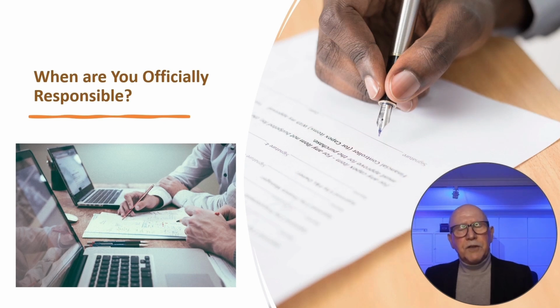So at this point now, I really want to take some time just to highlight when you are officially responsible. Now that I've introduced you to the RIBA work stages 0, 1 and 2, the first three stages, and some of the other players that you might have to collaborate with as part of your appointment, I now want to bring your attention to the architect's appointment again.